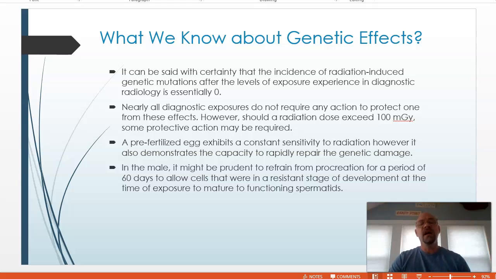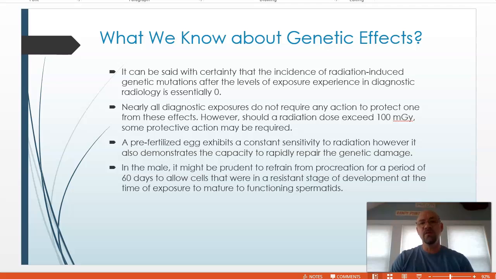And finally, again, just to mention one more time, if a male patient is involved or in an environment that has about 100 milligray of exposure, it is recommended that they halt any attempts at procreation for at least 60 days to allow those cells to be expelled, and then allow new cells, where there might not be any type of genetic effect, to be the ones to be used